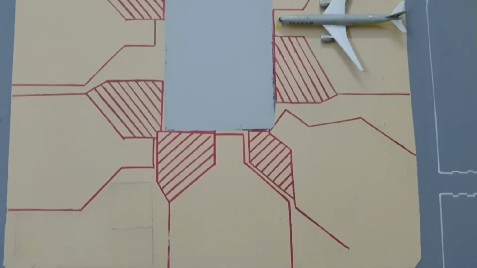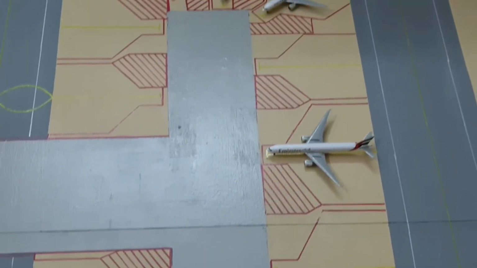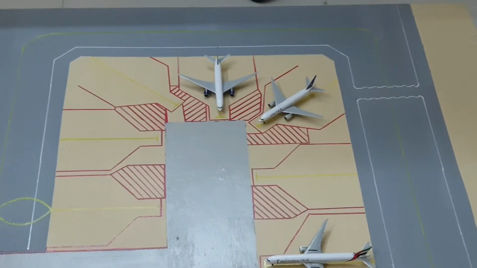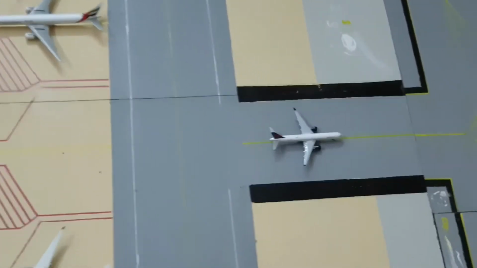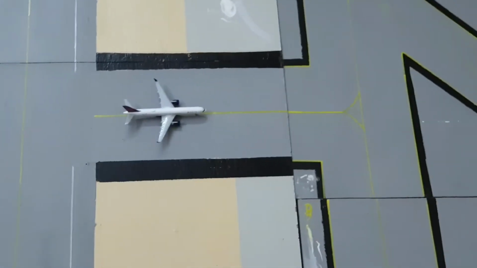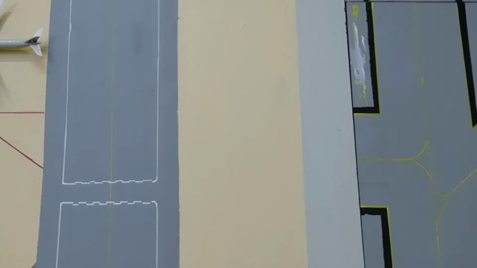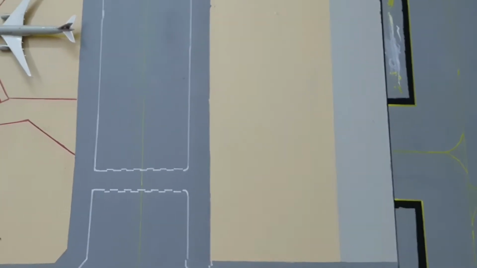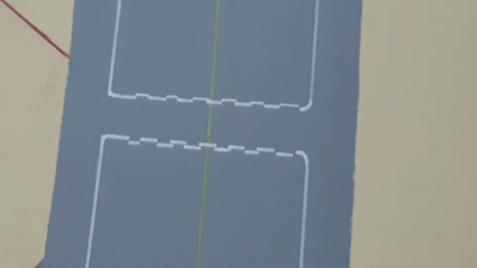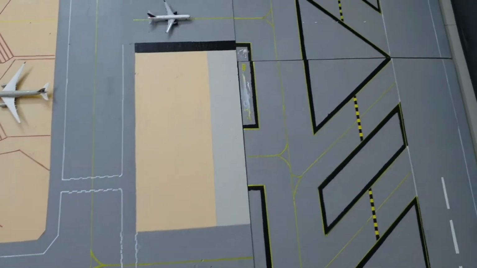Now a more detailed look. So here is the area where all aircraft are parked. This is basically the main concourse. Then over here we'll have narrow body gates. Then we've got a taxiway to the runway section. Then here we'll have sort of maintenance gates, which will also act as remote stands. Here we've got roads for GSE, ground service equipment, and we've also got